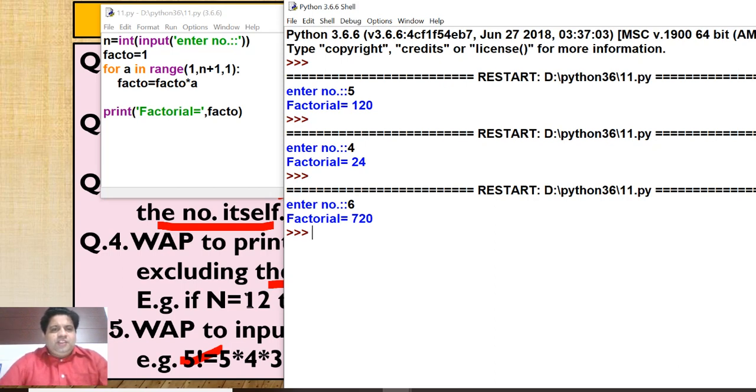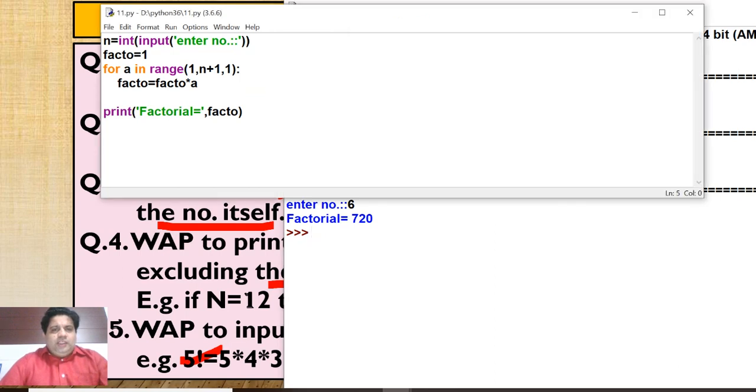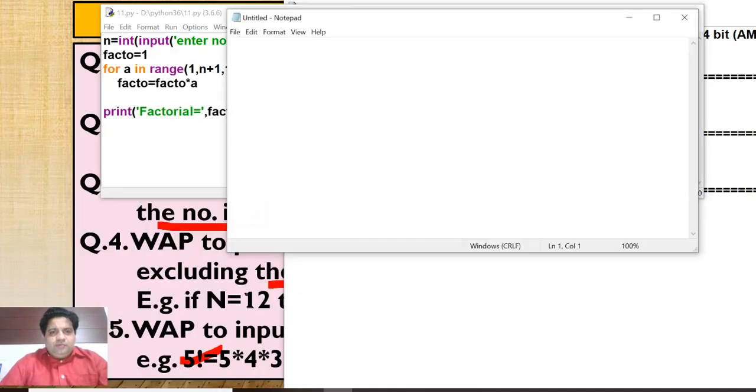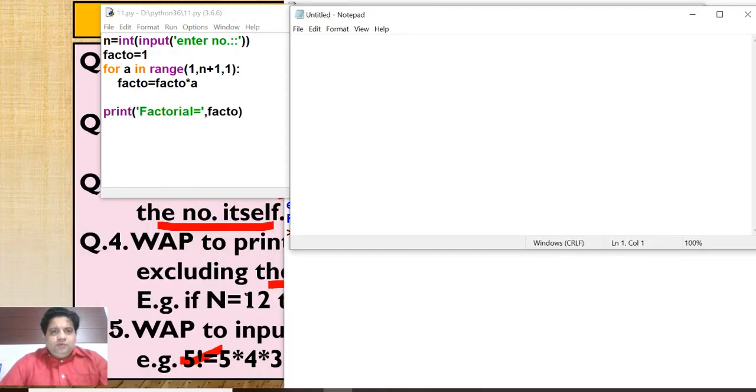Okay, so it is very easy. Now I can explain the logic also. See, here I am opening Notepad to explain the logic, how it is working. It is very compulsory to understand the logic, because you cannot write programs simply by learning them.